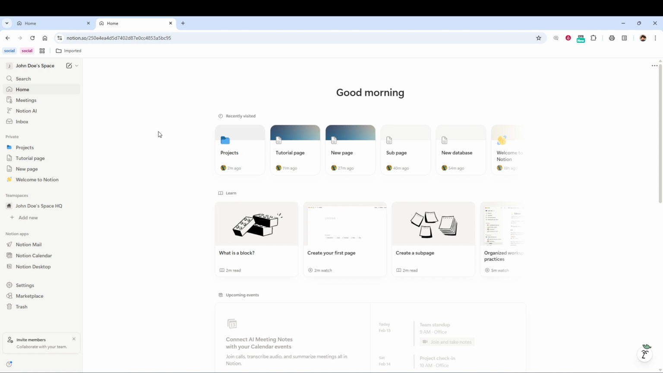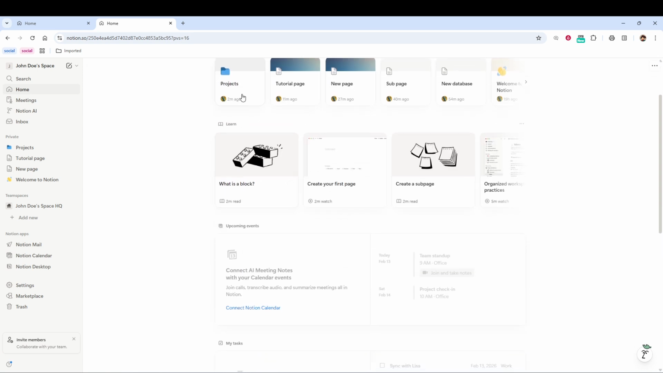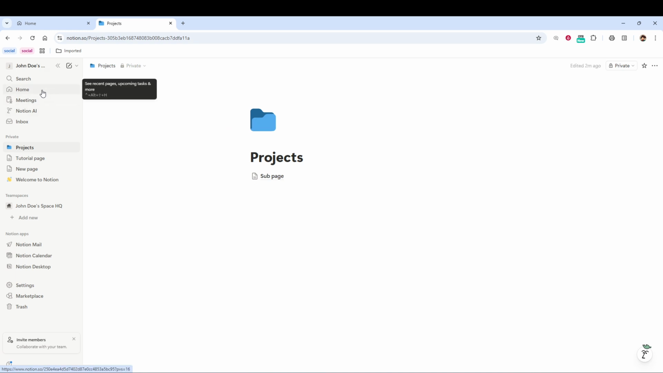It's helpful to remember that the home view is persistent. That means it's always there and always accessible from that same spot in the sidebar. If you're working with multiple workspaces or lots of different pages, this can become your anchor. Anytime you feel lost or want to quickly see what you were working on recently, just head back to home